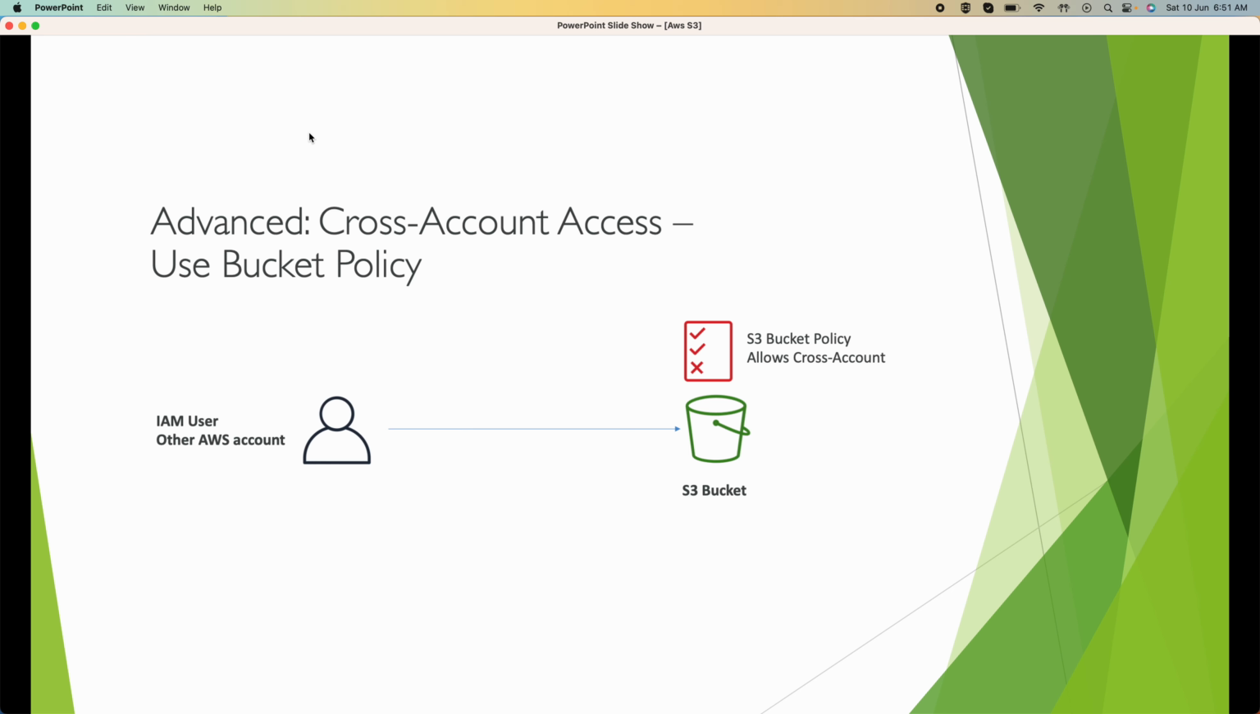Another thing is we can give permissions for cross account access. So as I said, if you are using any, one second,